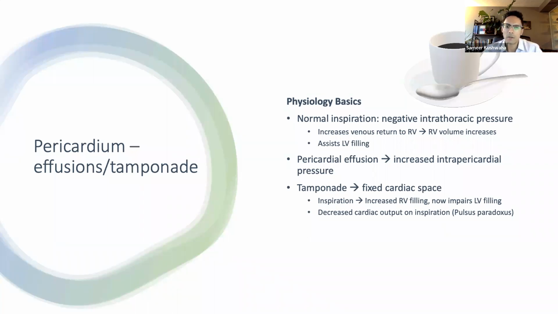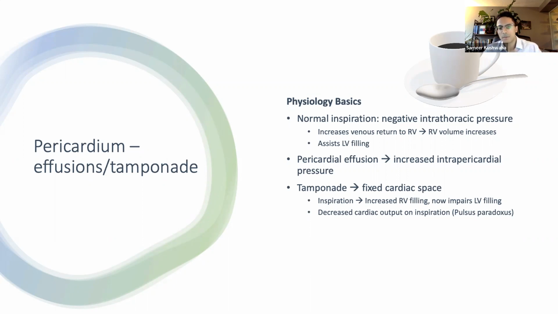When we develop a pericardial effusion, it increases intrapericardial pressure, and it also somewhat shields the heart from the negative pressure generated by the chest wall on inspiration. So with tamponade, the heart now exists in a fixed or relatively fixed cardiac space. And when we take a breath in and inspire, as we increase the right ventricular filling,